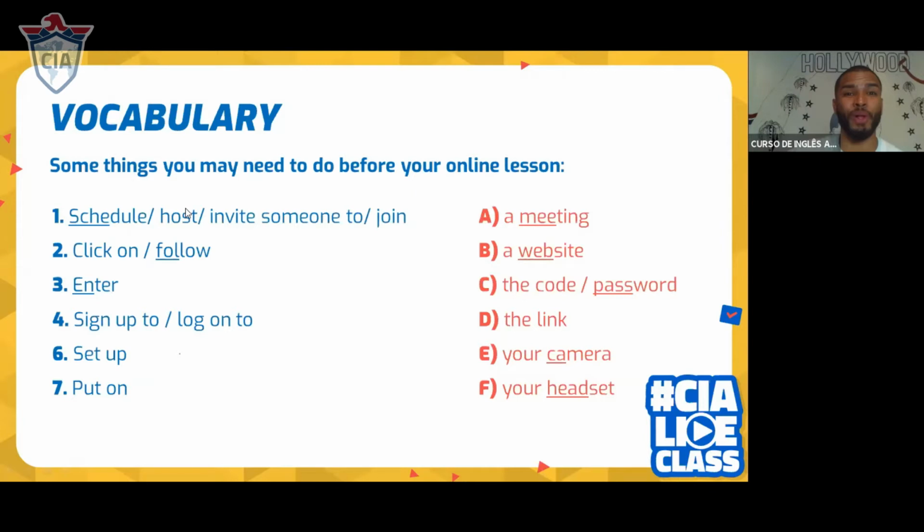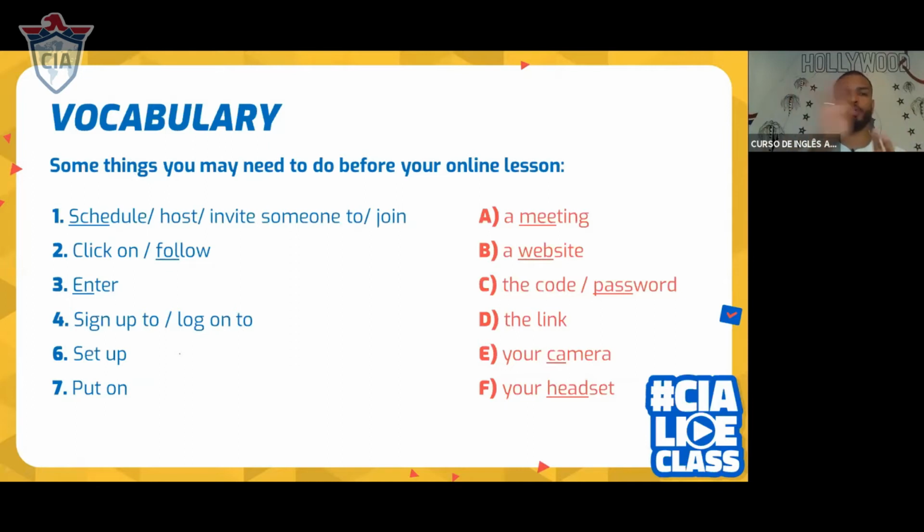Schedule, right? You see the word schedule. Schedule is basically the same as host, right? Schedule is basically you set up the time. I am the host, right?